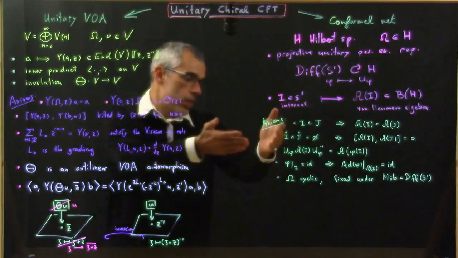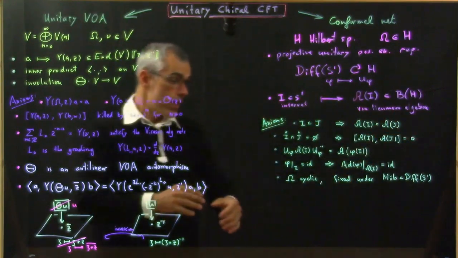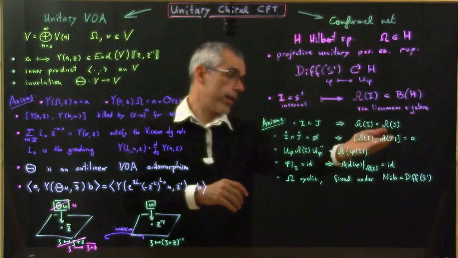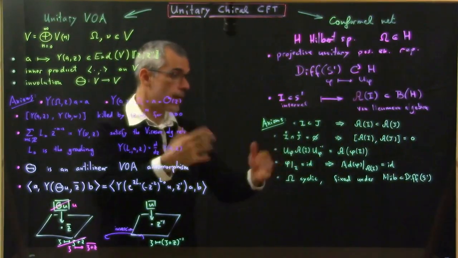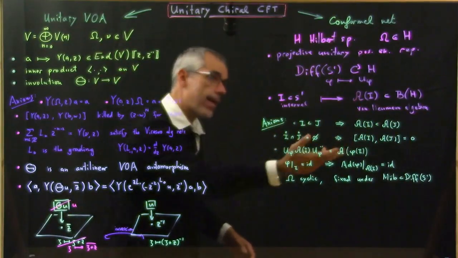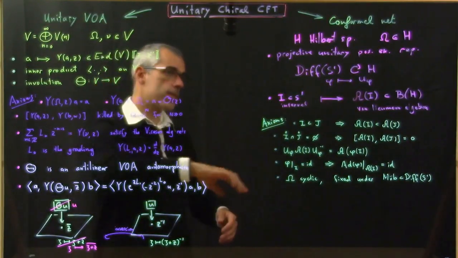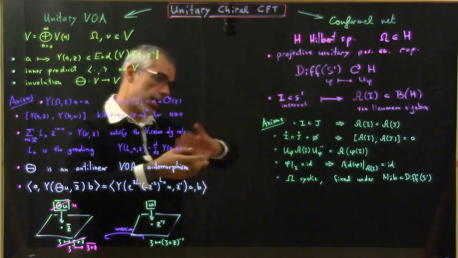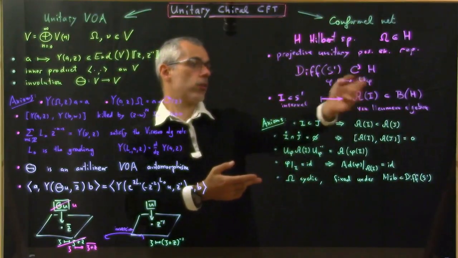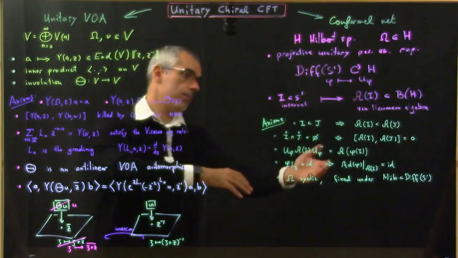If an interval I is smaller than some interval J, then we want the corresponding algebra A of I to be smaller than A of J. If two intervals are disjoint, then we want the corresponding algebras of operators on H to commute, namely any element of A of I should commute with any element of A of J. This is the locality axiom for conformal nets. And then we have these two axioms that have to do with covariance with respect to the action of diffeomorphisms, namely that if you conjugate an algebra by the unitary corresponding to a diffeomorphism, you get the algebra of the translated interval phi of I.